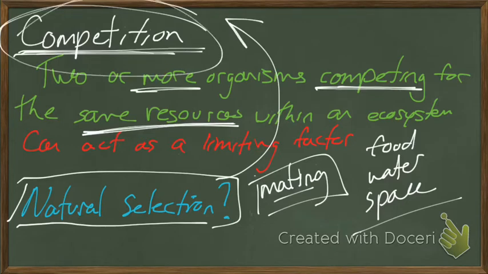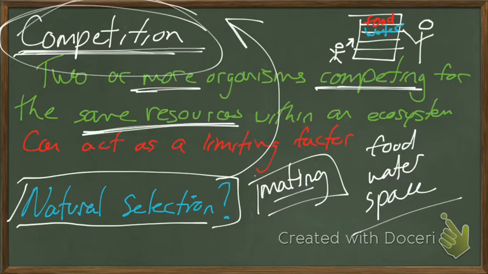I'll try to do a little drawing here. Say you've got a big shelf, and on this shelf, all of the food and water you could ever want. I don't like using this example because I am shorter myself, but say a short person walks by. I want some of that food. I want some of that water. And you've got a taller person walking by, whose arms and legs are clearly not connected to his body.